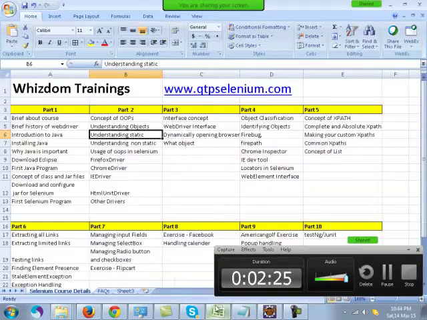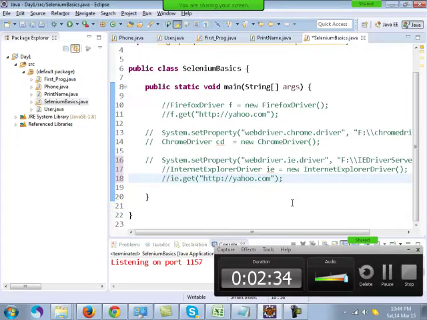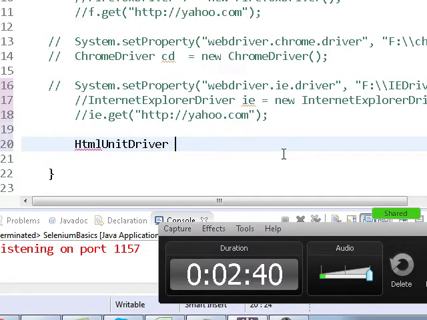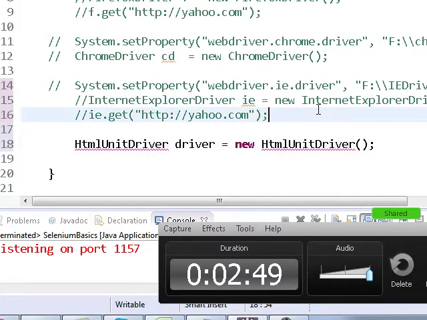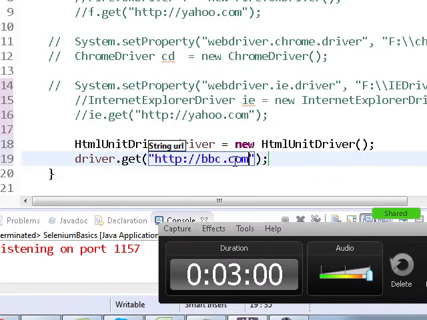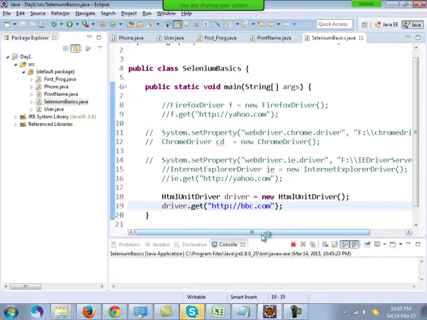Now these are the 3 simple drivers I talked about. Okay, there is something known as HTML unit driver as well. If I comment this and if I create the object of another driver, HTML unit driver, and if I write driver dot get to the website http any website, say bbc.com, when you run this, you will see that the program runs.